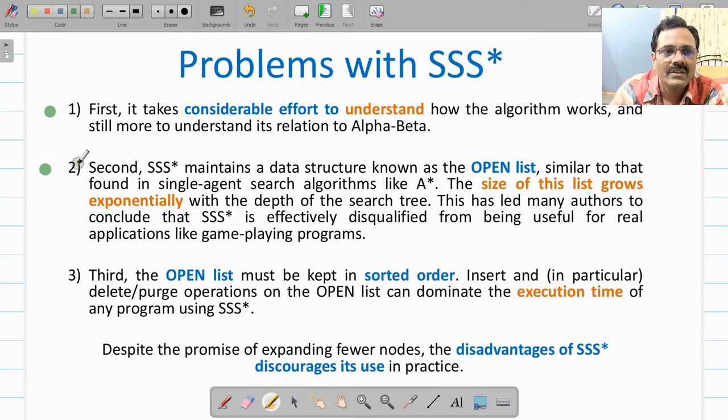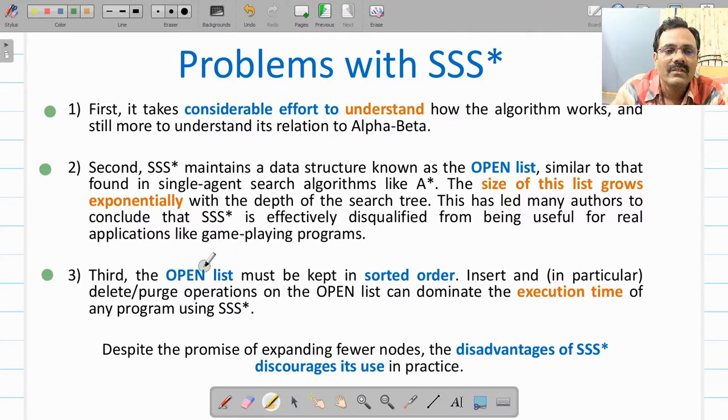Second, it maintains a data structure called the open list, which is a priority list, similar to what you used in the A star algorithm. The size of this list grows exponentially as the algorithm proceeds further, and therefore many authors say this algorithm is not useful in practice.